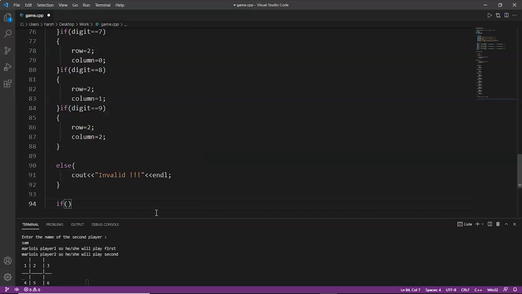So we'll start with if the value of token is cross and space array that is row, and here we'll write column not equal to x. That means